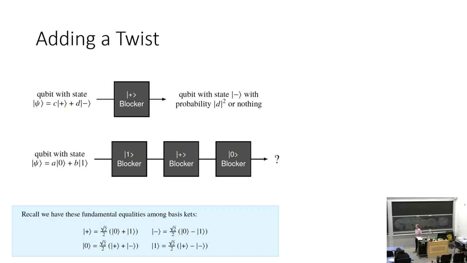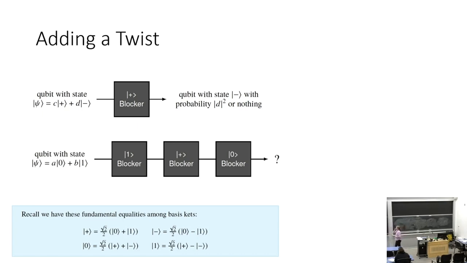And so the question is, if I take my initial qubit state, A0 plus B1, where when I pass it through a 1 blocker and then a 0 blocker, I get out nothing. Now, if I pass it through a 1 blocker and then a plus blocker and then a 0 blocker, what